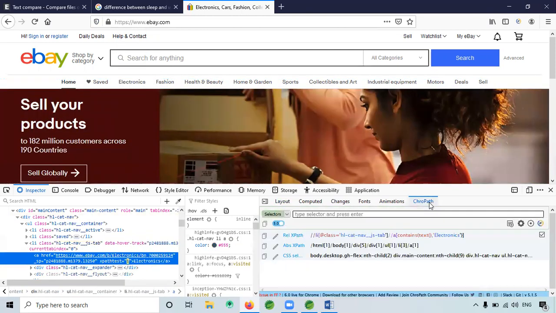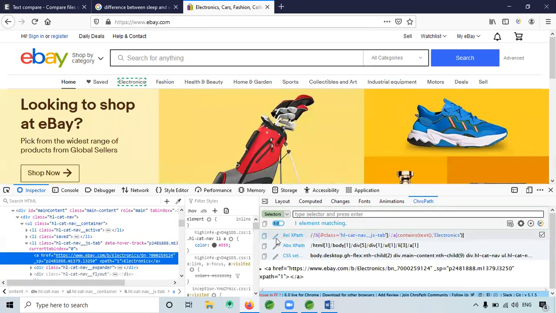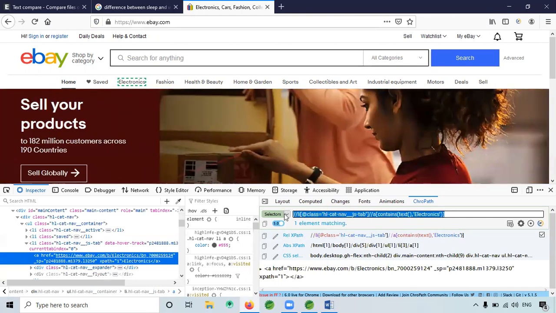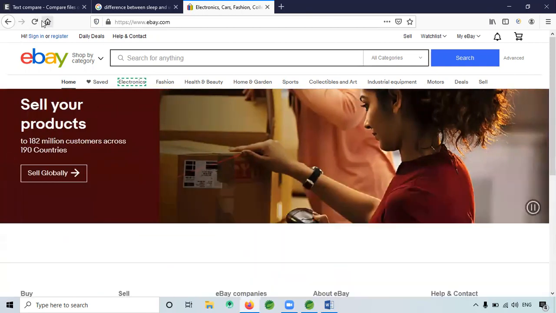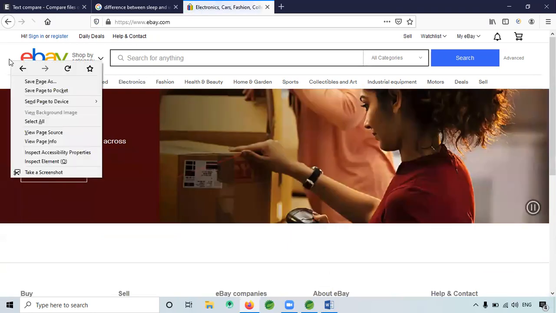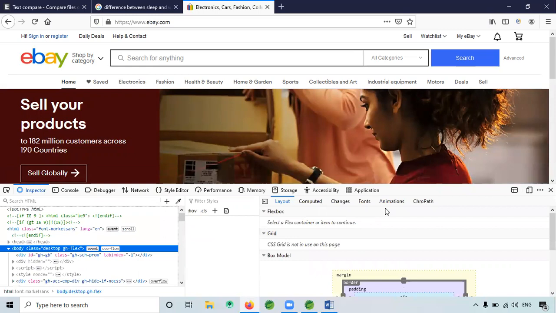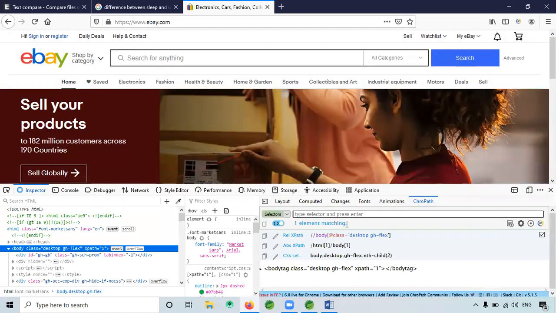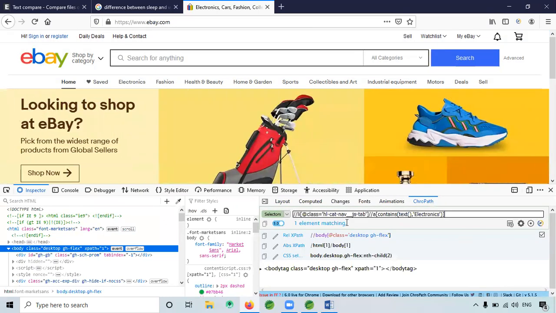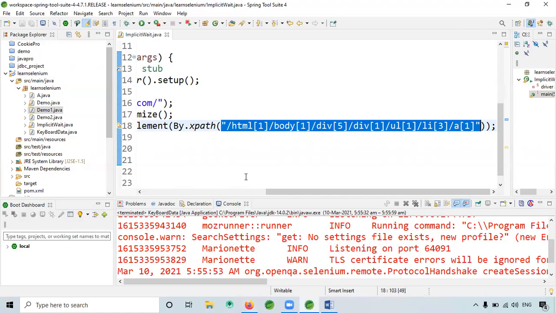Inspect element. Click electronics, copy the XPath. I think this is the right one. Okay, it is selecting anyway.